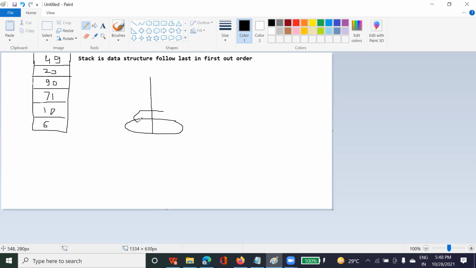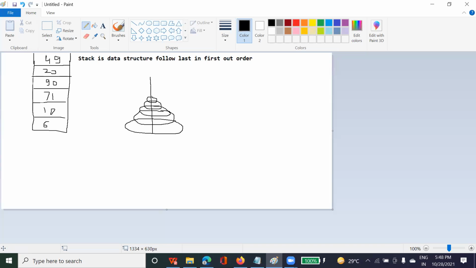Then above this, a smaller one, then above this a smaller one, then above this a smaller one, and then above this the smallest one. Now if you want to access this CD, you have to remove all of them completely. So this is an example of a stack, a data structure which follows last in, first out order.